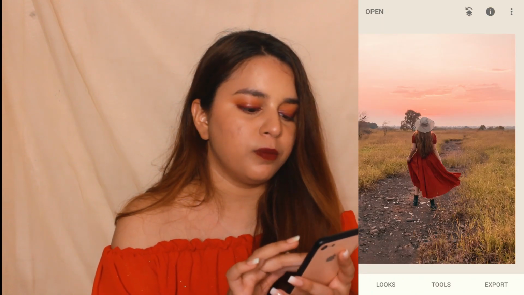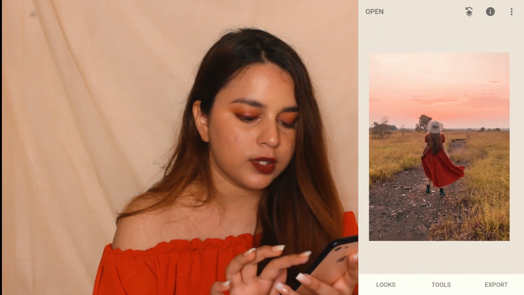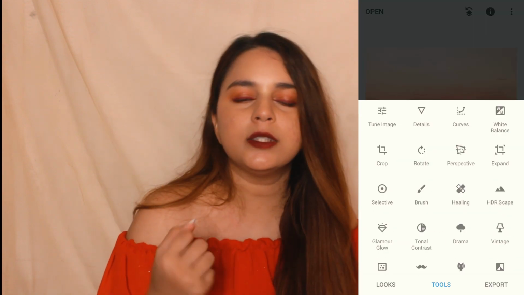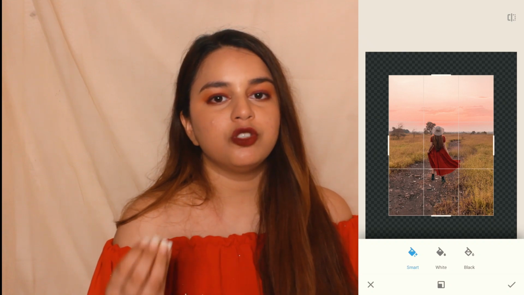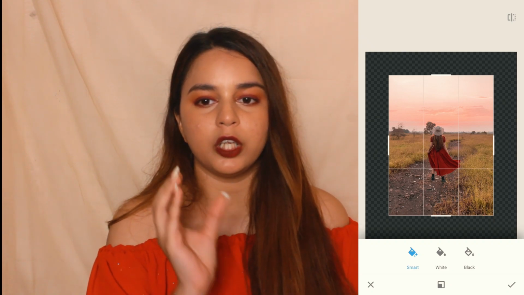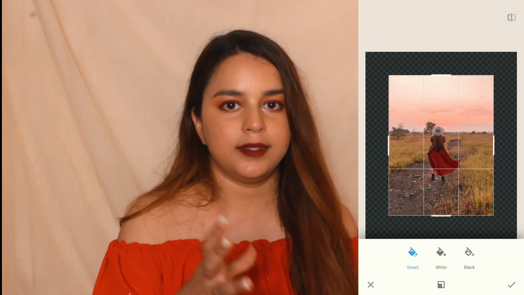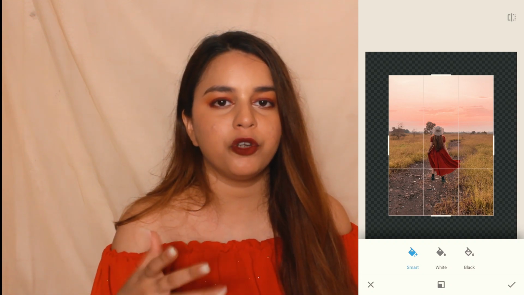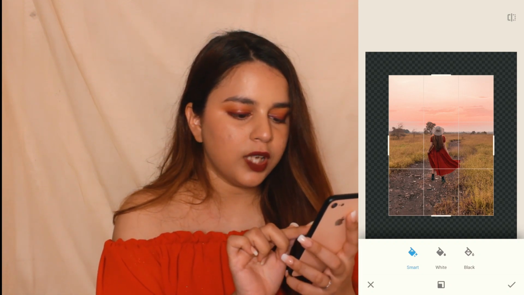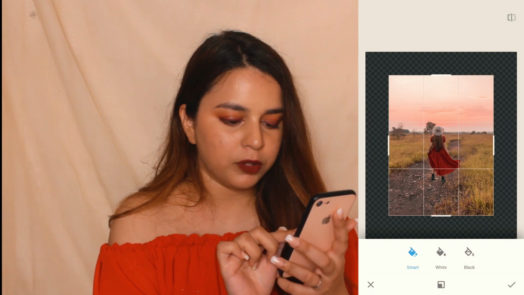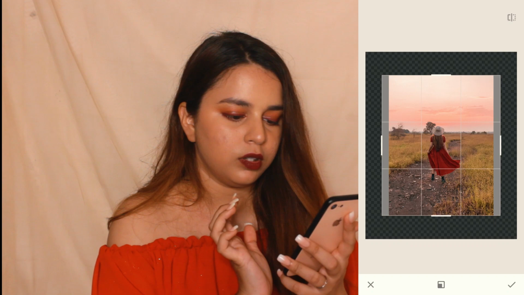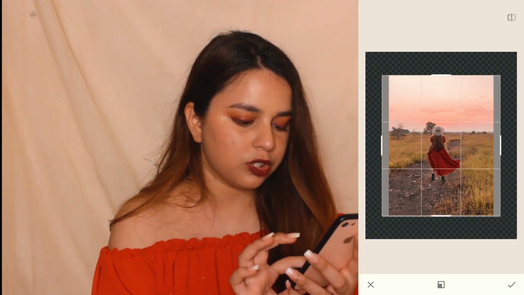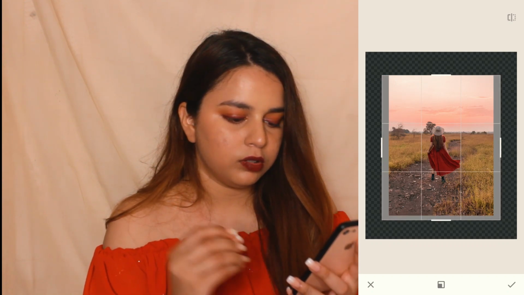Also, I love one feature about Snapseed, that is called expand. Now what expand does is, if your image is not in proper ratio, like 4:5 or a square for Instagram, what you can do is you just have to expand from the corners how much ever you want to, and voila, how beautifully it has just expanded.